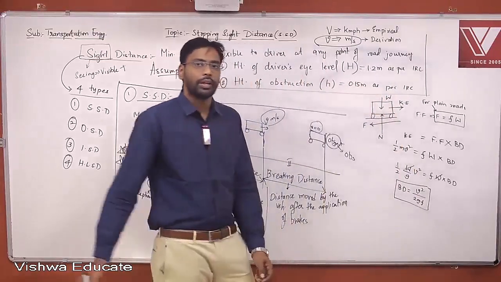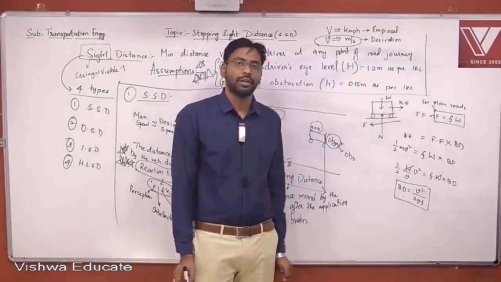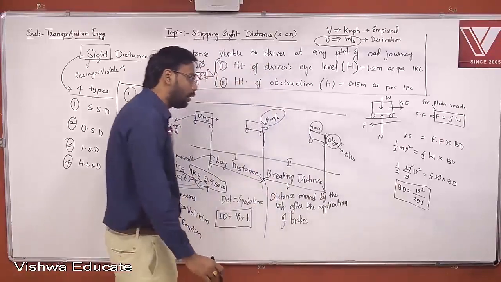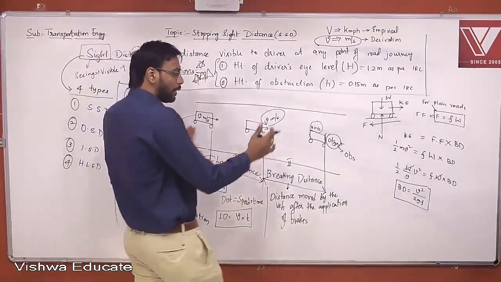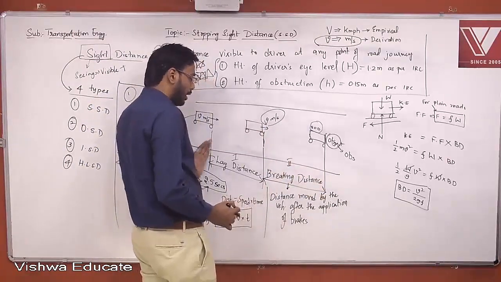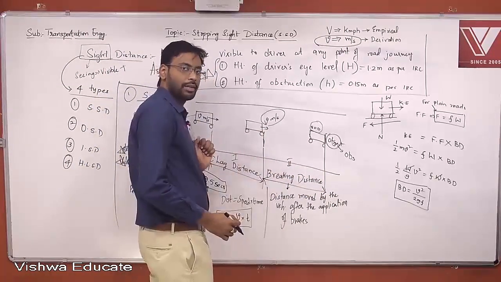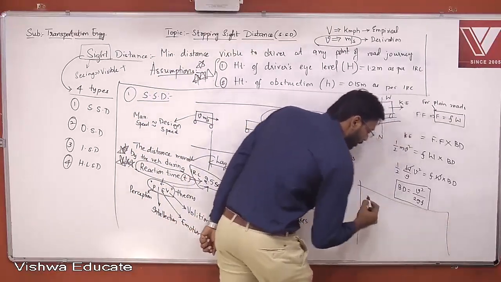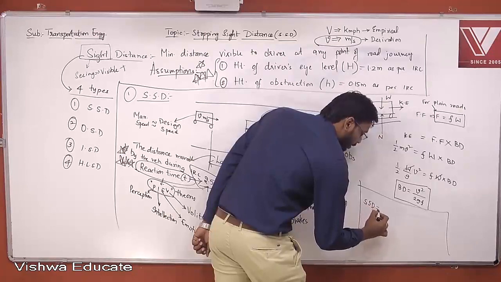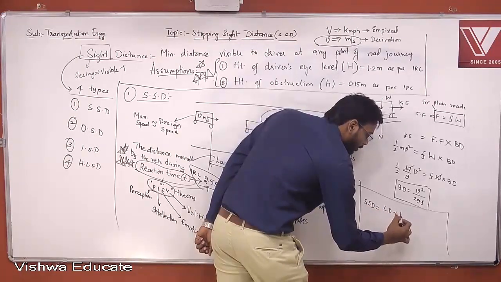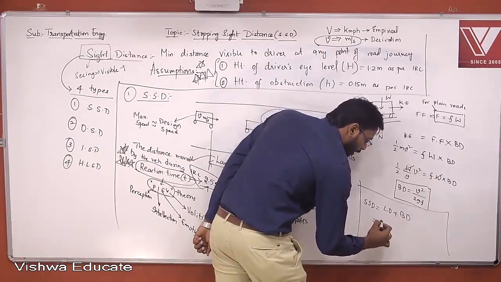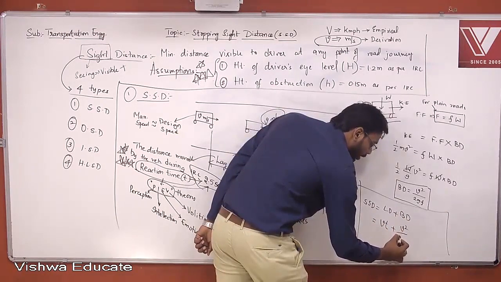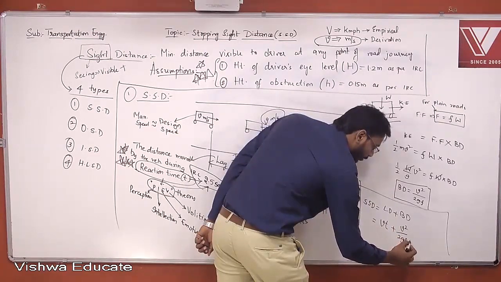So this is how we get the braking distance, V square by 2gF. Now, the total distance here is lag distance plus braking distance. So the total distance SSD is equal to lag distance plus braking distance, that is V into T plus V square by 2gF,